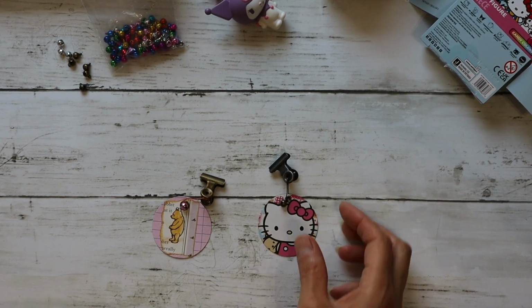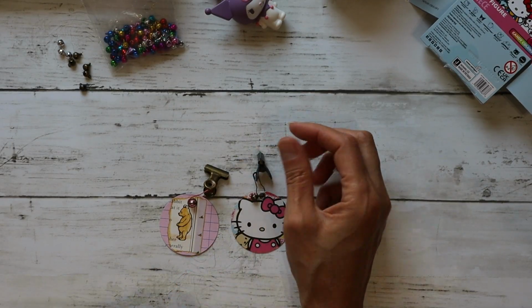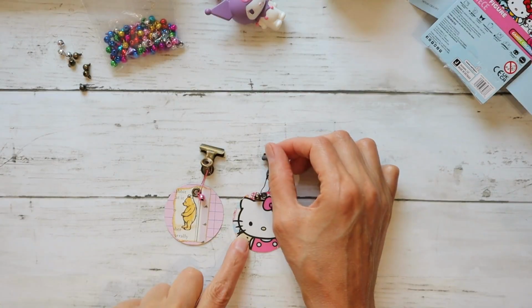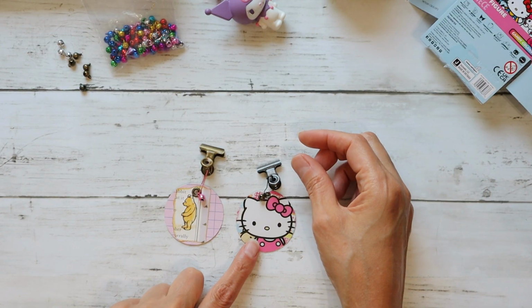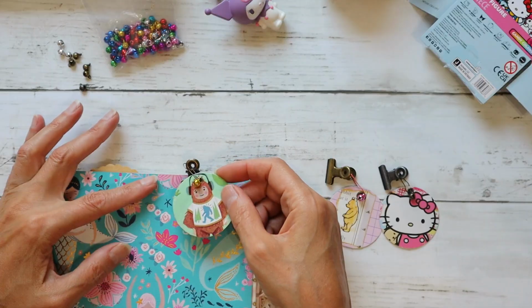Hi you guys, so today we're making these cute little dangles for our journal. I made these two and I thought I would turn on the camera and show you how I made them. They're so cute, really fun and easy to make, and I think you probably have most of the products on hand to make these. I just wanted to show you, I have this one on my current composition notebook journal